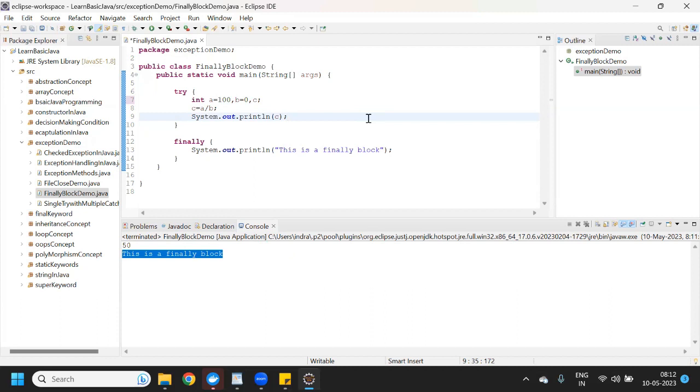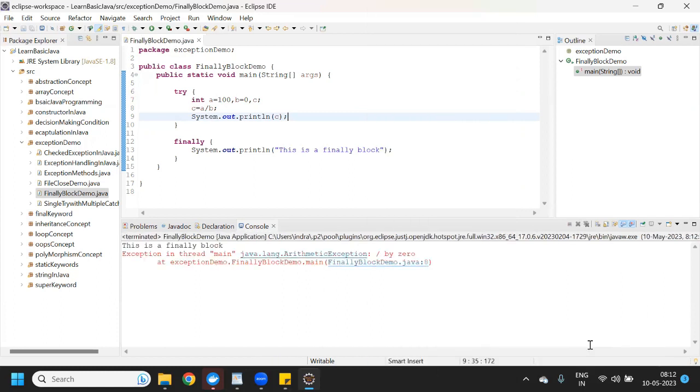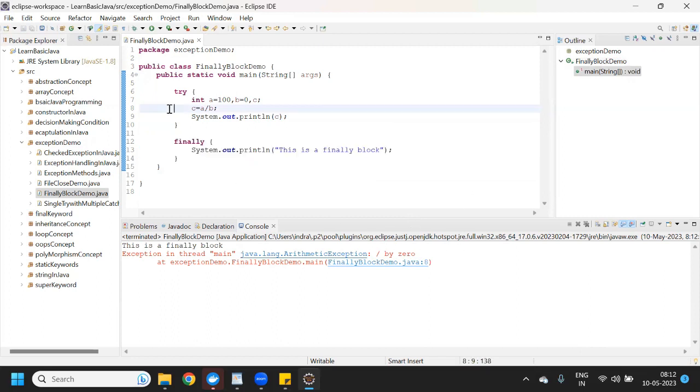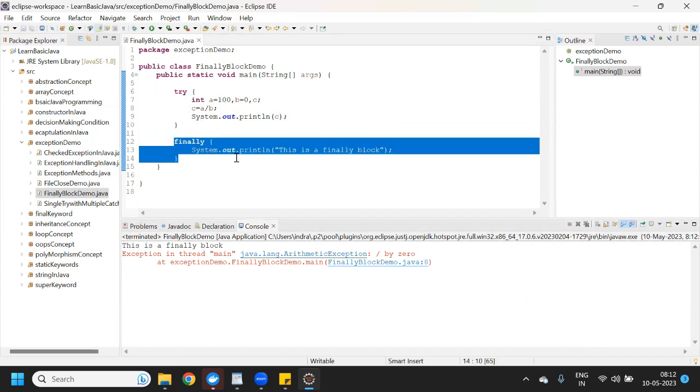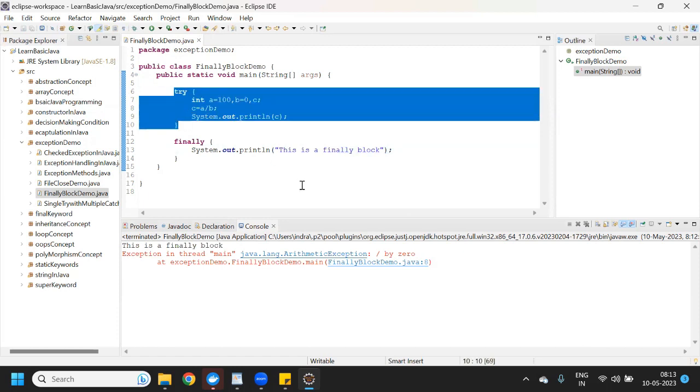The JVM will terminate the program abnormally. So let me run this program now and see the output. See, this finally block is executed first, and then it has thrown an exception. It is saying this is a finally block. First the finally block code is executed, and then it throws the exception and terminates the program.